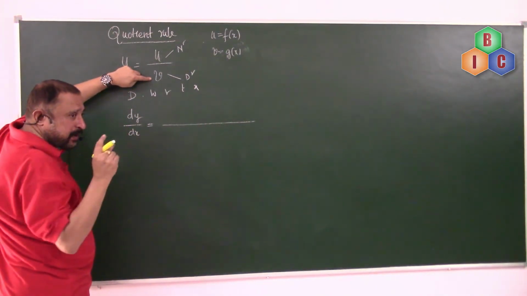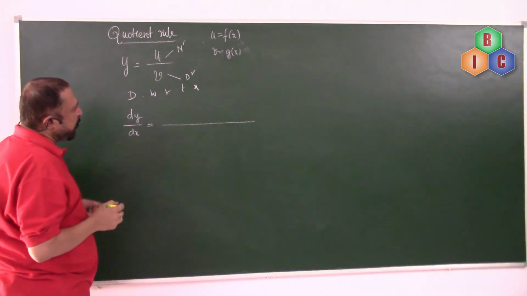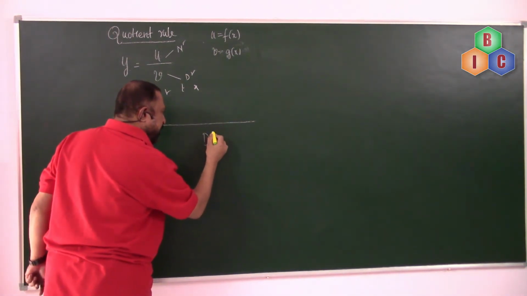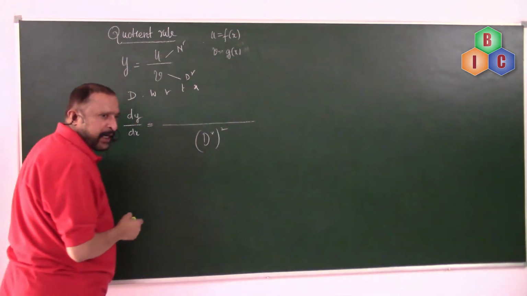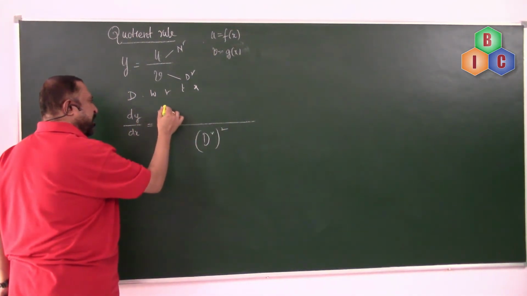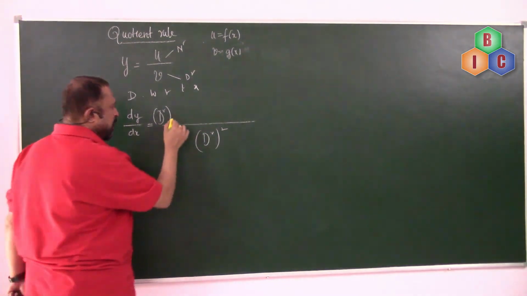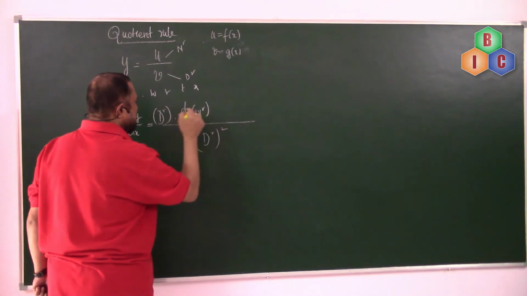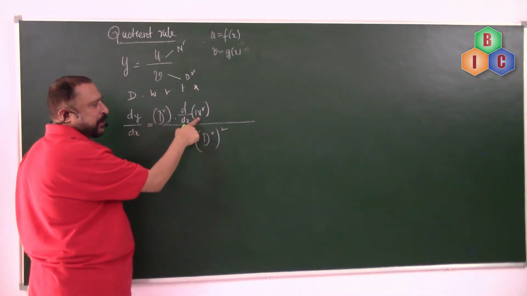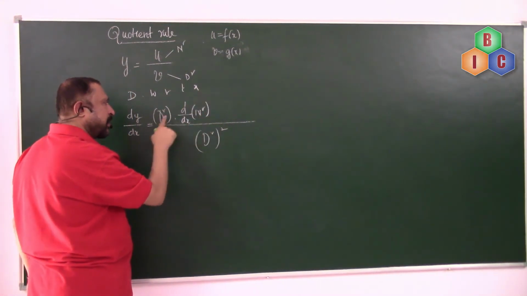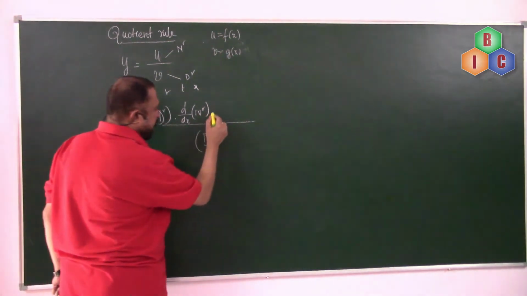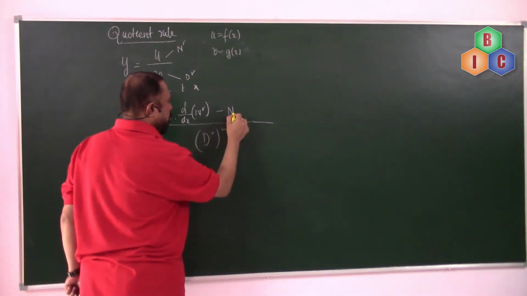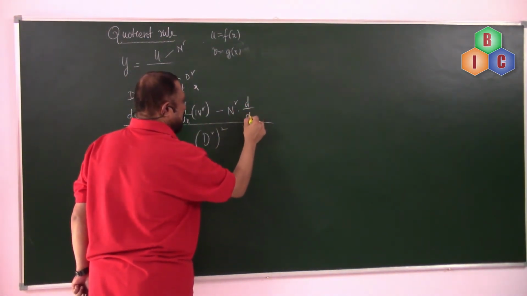Now I'm just giving you a simplified method to remember the quotient rule. Put a big line and immediately write denominator square in the denominator portion, and write the denominator here in the numerator place, into the differential coefficient of the numerator. Once you write the denominator, you're left only with the numerator, so d by dx of the numerator comes after the denominator. Now there is a minus sign. Now interchange both these: numerator into the differential coefficient of the denominator.